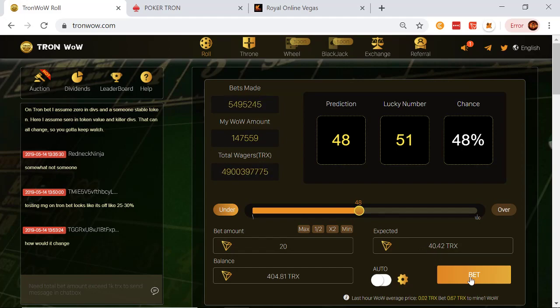That's just my threshold. The reason that's my threshold is because at 80, I end up losing 20, 40, 80, which ends up being 140 Tron. And I don't like to lose more than half my bankroll on the strategy. It's not about seeing if I can mine forever for free. That's not going to happen.